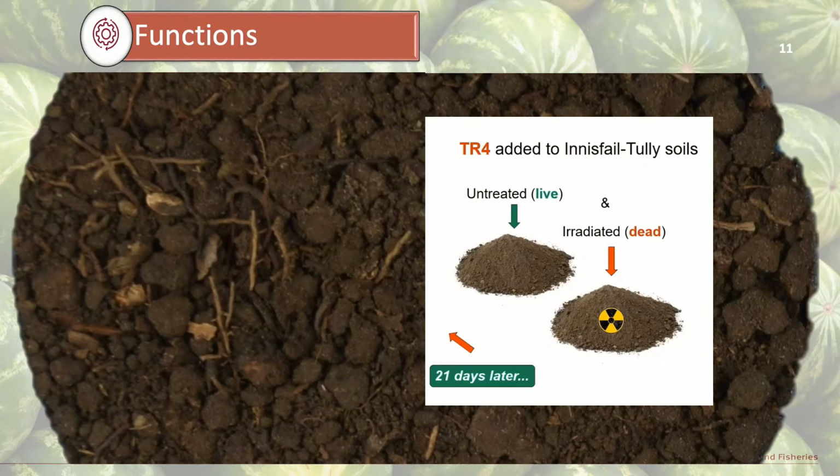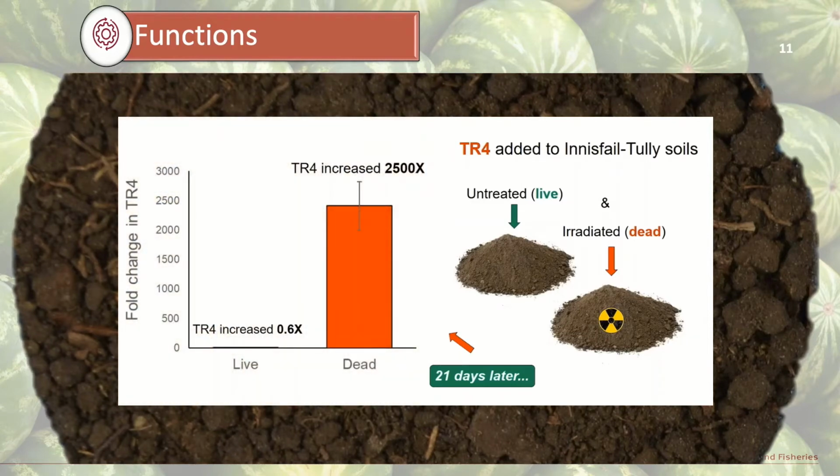We then added fusarium wilt pathogen to the different soils and measured the abundance of the pathogens 21 days later. What happened was there was a slight increase in fusarium wilt pathogen in the untreated soil, but a 2,500-fold increase in the abundance of the pathogen in the sterilised soil. If we remove the biological component of the soil, there is nothing to stop pathogens, and they take advantage of